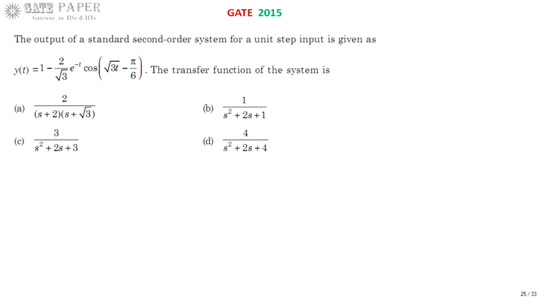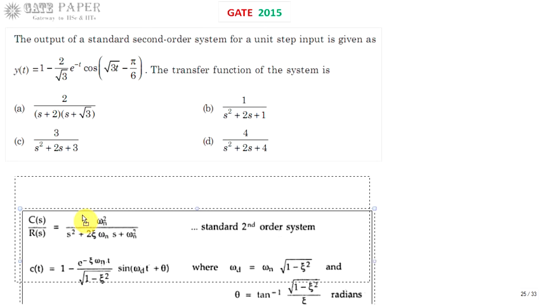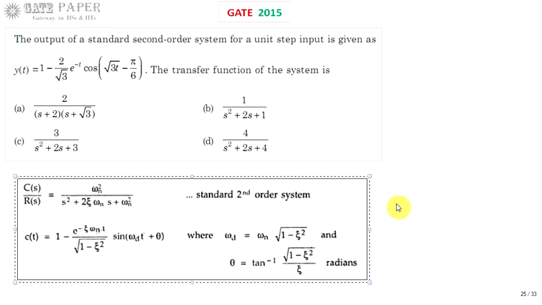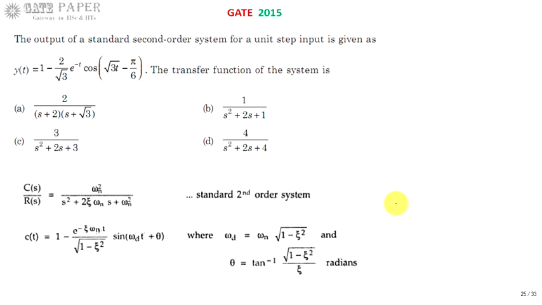First we should know what is the transfer function of a standard second order system and what the response is whenever it is underdamped. We know a second order system can be of four different types: it may be undamped, underdamped, overdamped, or critically damped. Based on the zeta value, if zeta is in between 0 and 1, it will be treated as underdamped, and this form of y of t expression is for an underdamped system. Even though it has not been stated, the form is directly related to an underdamped system.